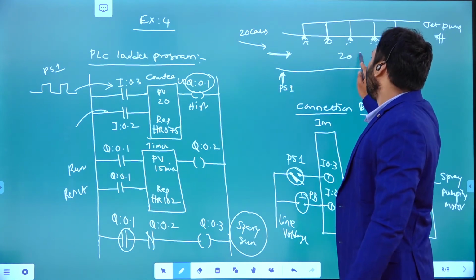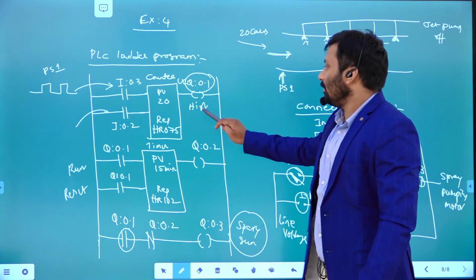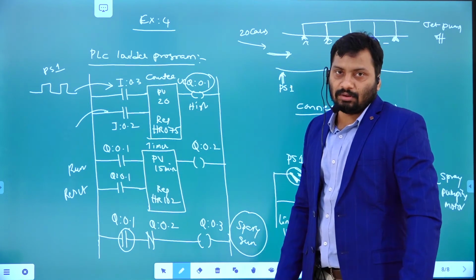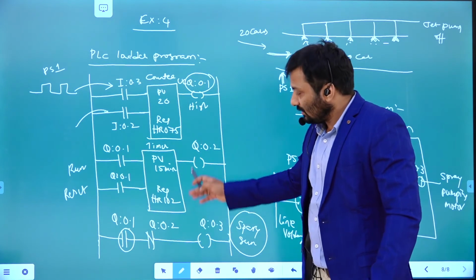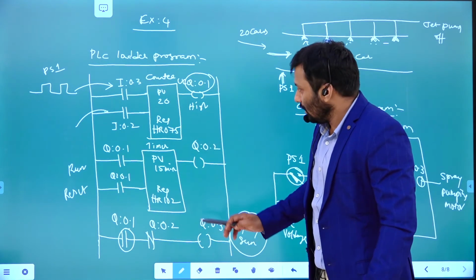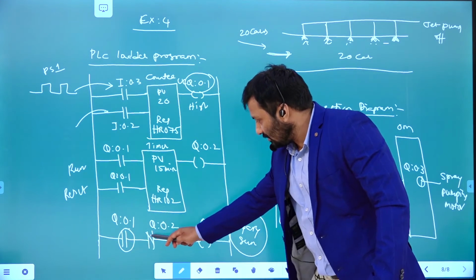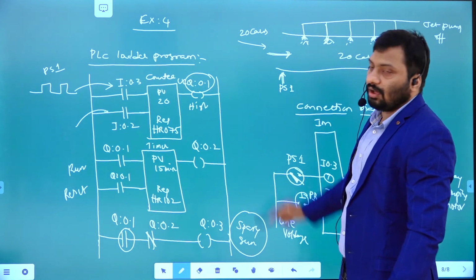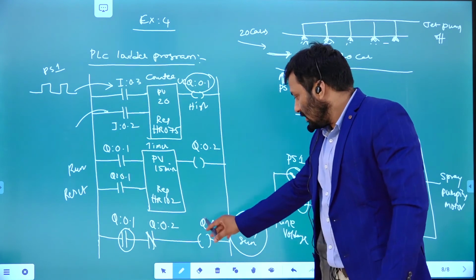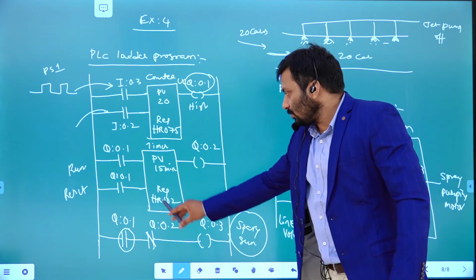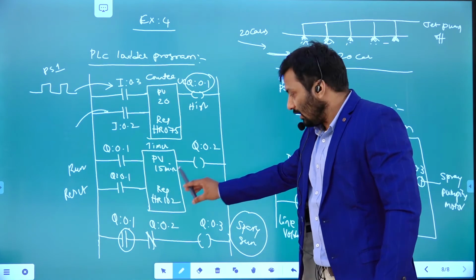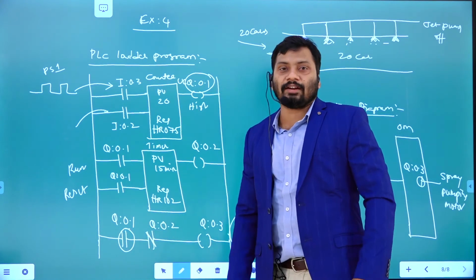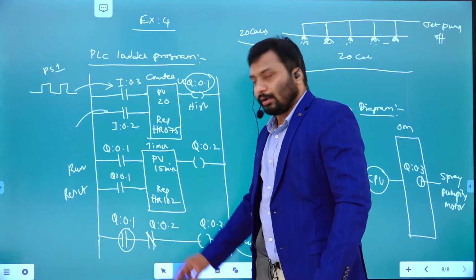So 20 cars are here, right, then only it's going to be high. Whenever this is high, the timer is going to be reset as well as start running, in a similar way, parallelly, simultaneously, right. So this is going to be high, that is the reason, it's already a normally closed contact, these spray guns are going to start spraying, right. Why, because whenever this is high, the timer is going to start, and at the same time this spray gun is also going to start, because this is high, the normally open contact is going to be activated, and the other is already a normally closed contact, right.